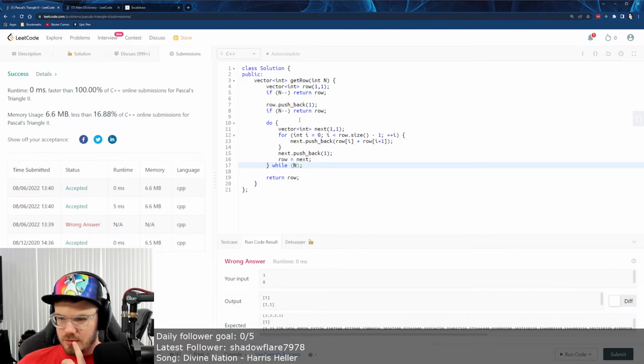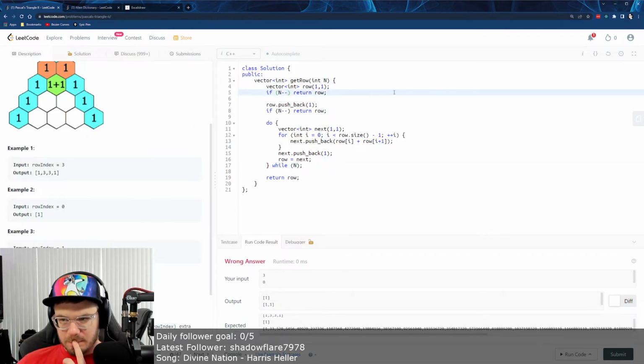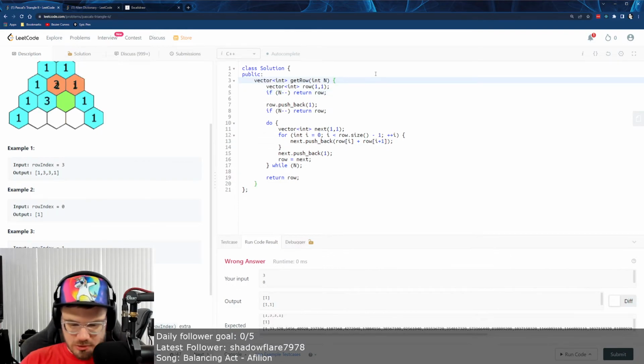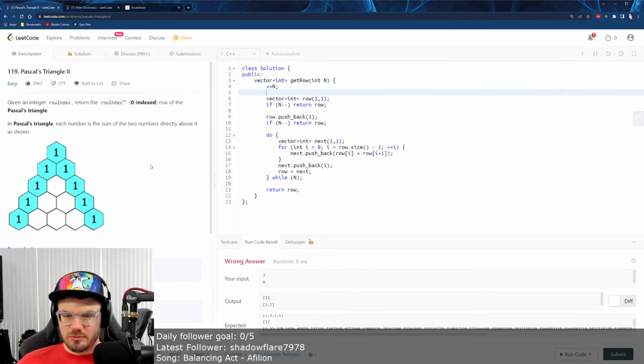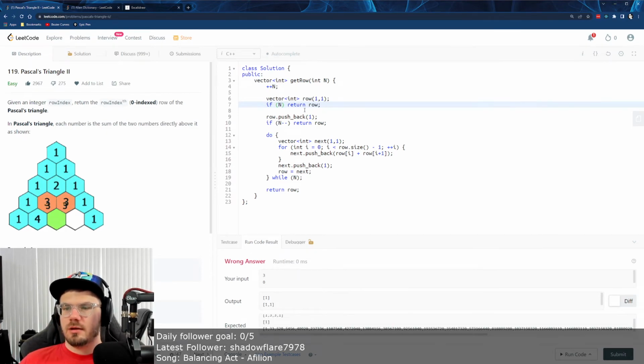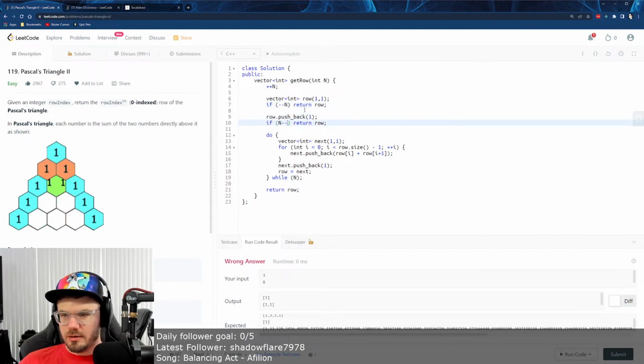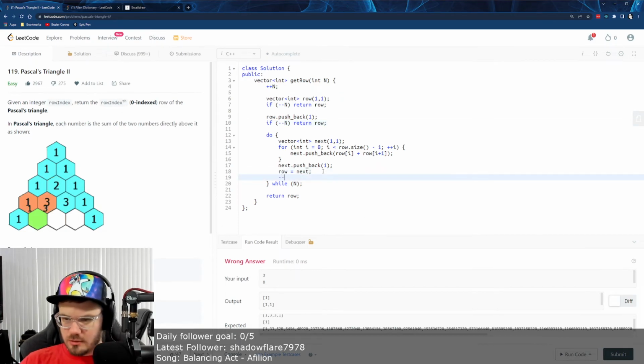So yeah, actually it's going to be easier to do plus plus n and treat n as the number of rows to make, not the 0 indexed row. So then we can do if minus minus n. If minus minus n. And then this would be while